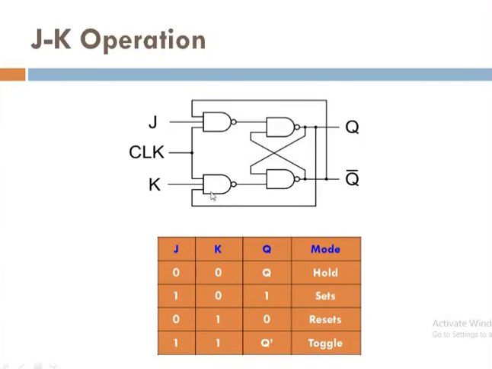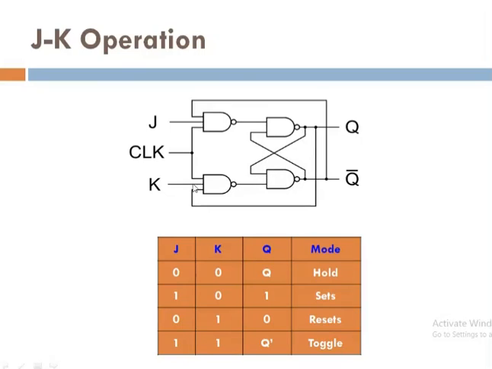Now you can apply 1 and 1 here. So here 1 into 1, but due to this one it is 0. Now 0 will be the output, so q is equal to 1. Now if q is equal to 1, obviously we require it to be 0. Now this will be given as an input to this one.